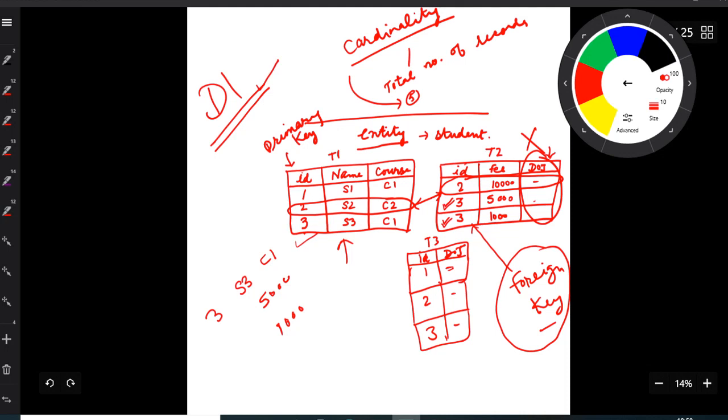In the next video, we will discuss another example so that we can practice creating the structure of tables in a database: how many tables I should take, how many attributes I should take in a particular table, which should be my primary key, which should be the foreign key, and whether I have to split some table into 2 further tables so that there is no duplicate information. These all topics we will discuss in the next video.